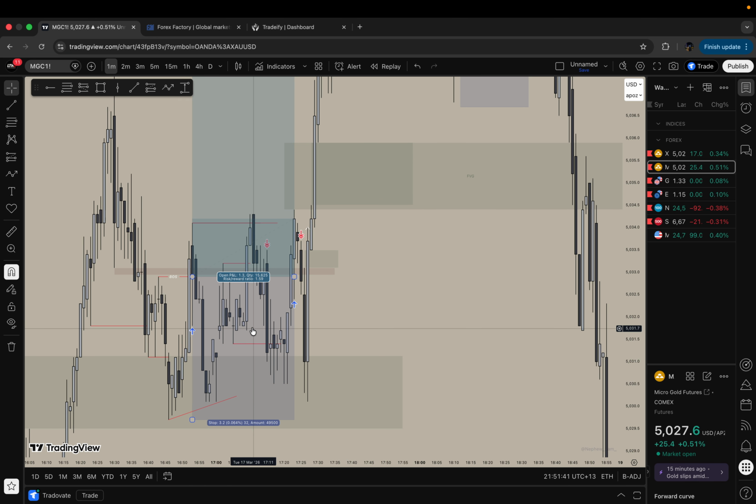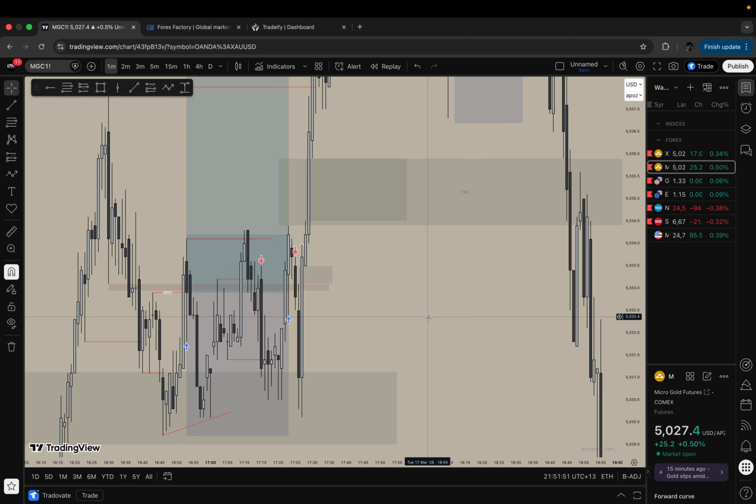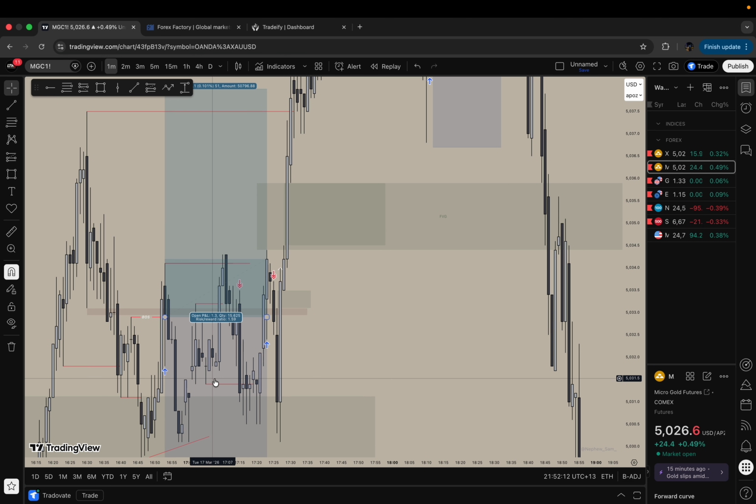But again, it's hard to hold when price makes some moves down and we break internal structure, and then we break this high once again, and we're not continuing. It just shows to me that we're not ready to go higher. We're just fighting these highs at the moment, and as you can see, we get a sharp rejection back down again. Price doesn't want to go up that high. Sellers are still active in this area, which led me to get a half loss, or more than half, but whatever this is. But I did take a loss here.